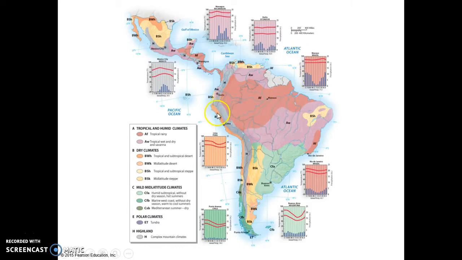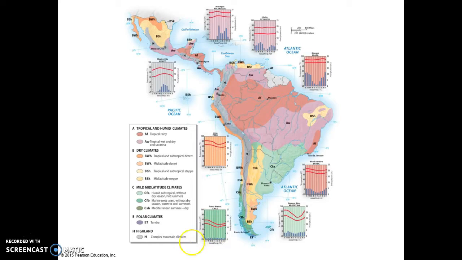Notice the coast of Peru. It's desert. It's something you don't really expect to see so close to the equator, but that's the way it is. And moving down towards the southern section of South America, we notice the Cfa, which is similar to the one in the southeastern United States, except it doesn't get as cold in the winter because it's not as continental, meaning there's not as much continent or land in this part of South America as there is in North America at about the same latitude.